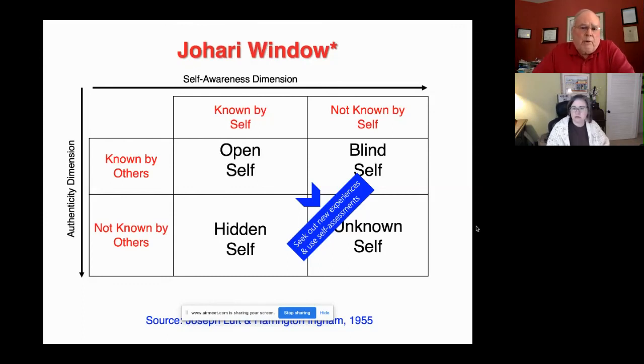So you could use it that way as a team building tool, or for improving leadership skills as well, where there's things about yourself as a leader that you're blind to, stuff that you're not doing very well as a leader, that's in the hidden category that you might want to move up into the open category. And then there's probably some unknown stuff as well.